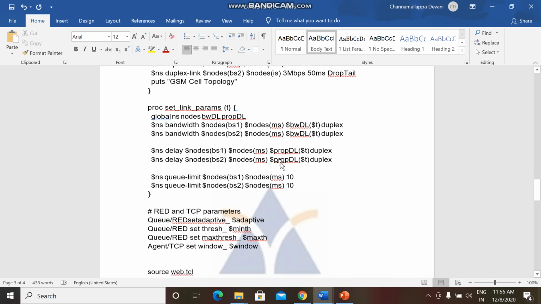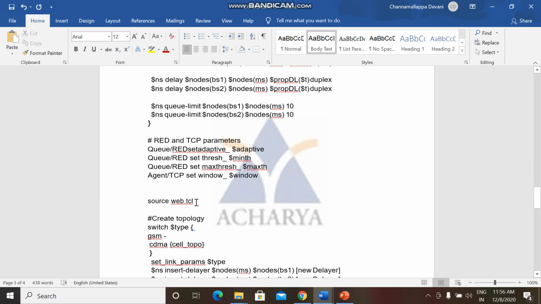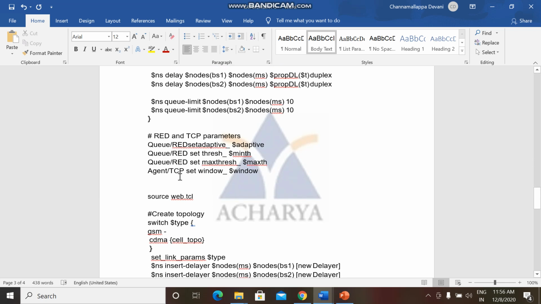The value is assigned between base station 1 and mobile station, and base station 2 and mobile station. So once the bandwidth is assigned between the nodes with this amount and the type of the link is duplex, now that we are done with the link parameters, we need to go with the queue parameters. So what are the queuing parameters that we are using?